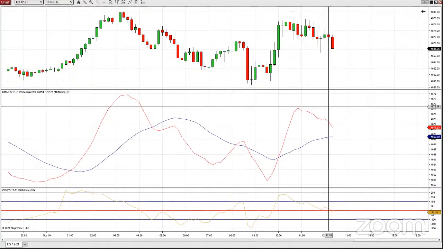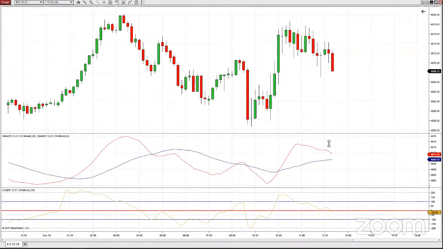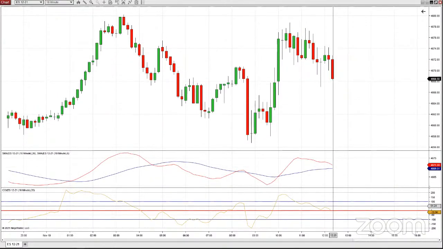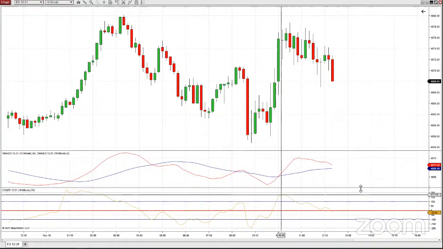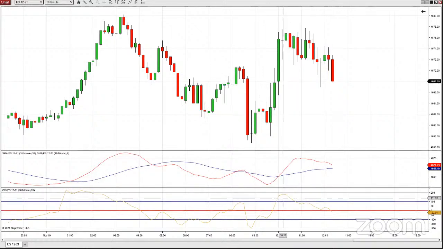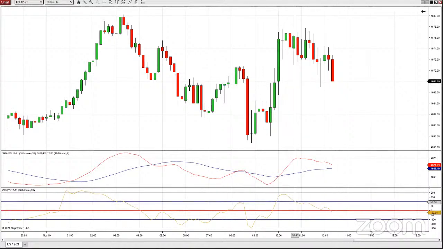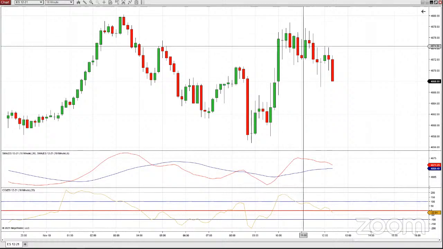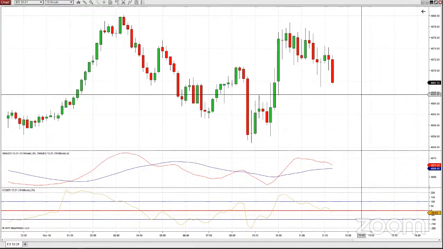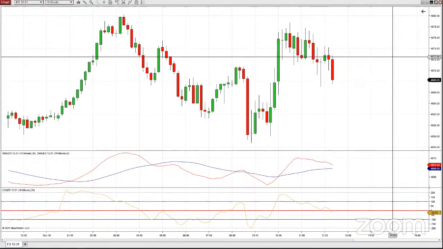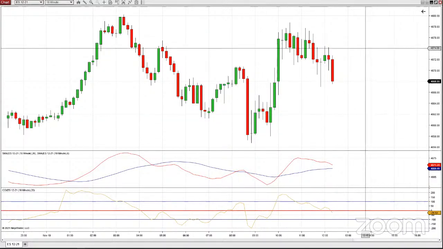So those are just 2 of the 5 tools we're going to use, and that's how we would use them, right? Looking for this area. And this was a pretty good slope downward here from 10 o'clock down to where we're at now, and that's kind of reflected in the overall closes of these candles, which are relatively negative. Okay, so that's number 2.